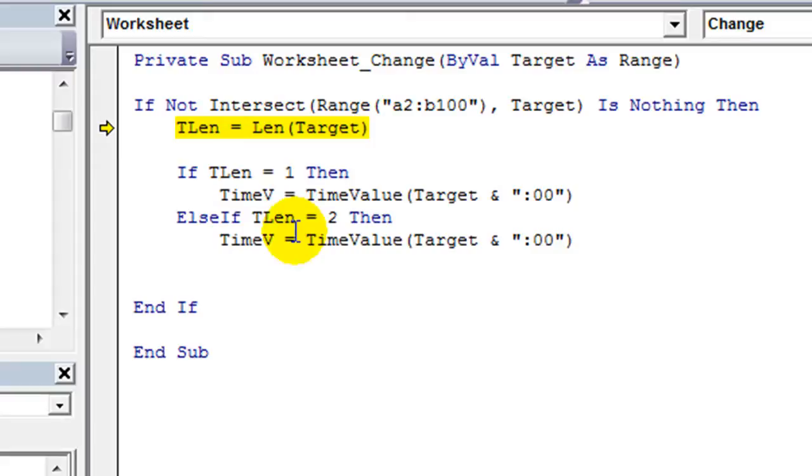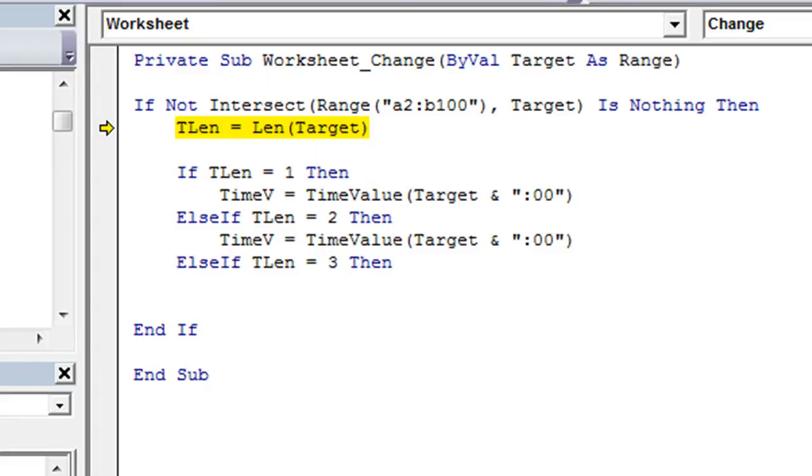What we'll do is, if the length is 2, like if you put 20 o'clock, meaning what is that? Boy, I'm out of it. 8 p.m., I guess. So if the length is 2 digits, then you're going to take the time value of, again, the target, which is 20, and then put :00, and then get the time value of that string of text. Then, otherwise, if TLEN equals 3, so if that's true, then time v equals time value